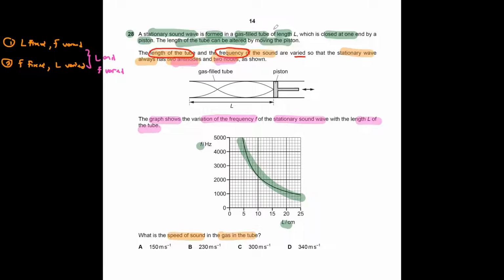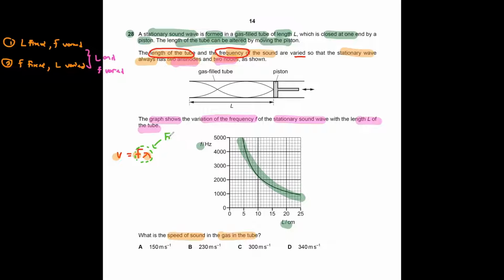Now this one you can actually just straight away use v equals f lambda. If you already know the wavelength and the frequency, you could easily find out your speed here. How do you get the frequency and wavelength first in the first place? You can actually get it from the graph. So to get these two values,